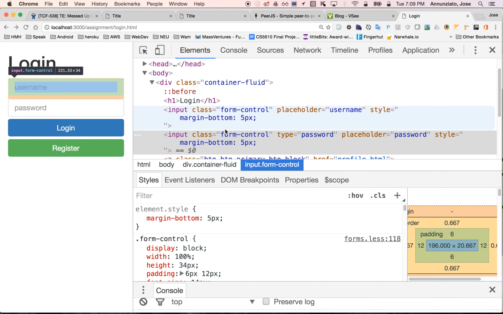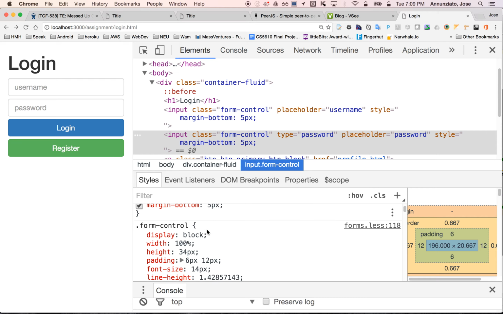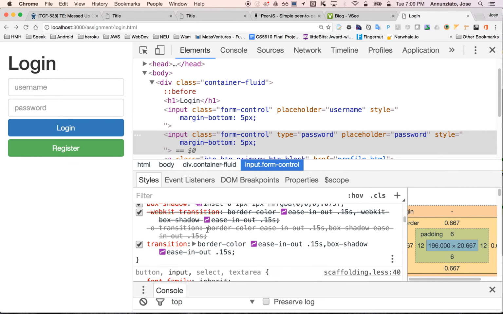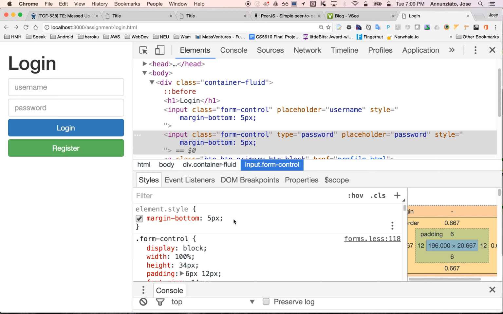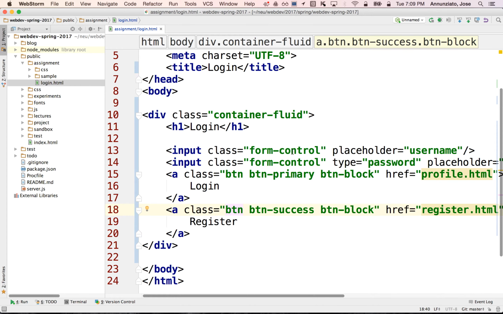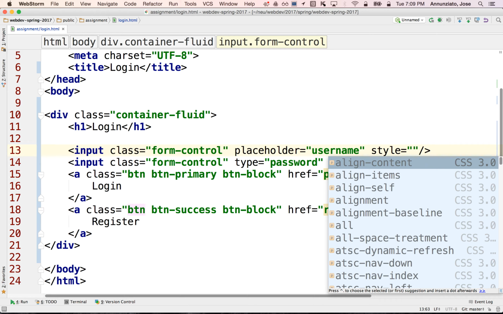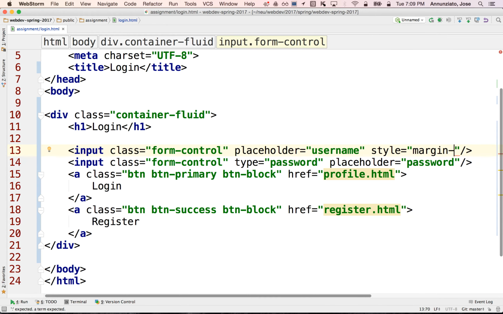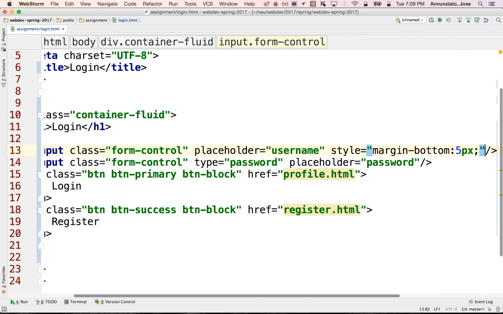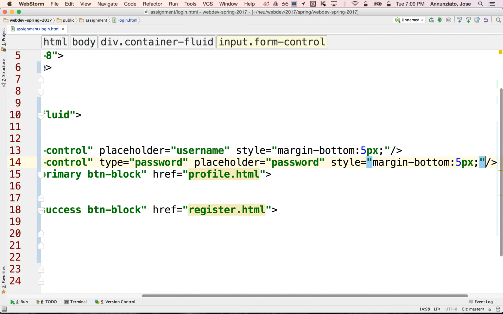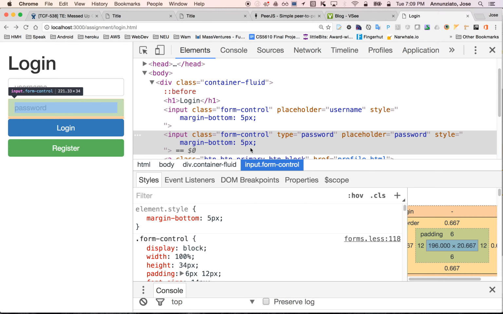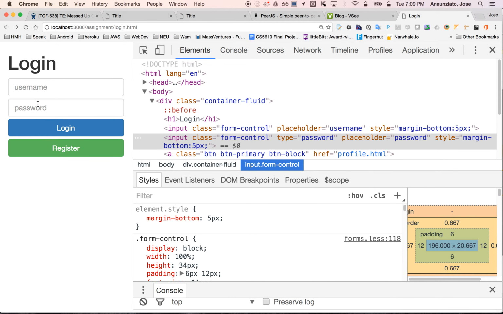And what we could do is take a look at this. We would like to apply this to all these input fields. So, for instance, it could be applied inline here, but that's typically considered bad practice. But just take a look at it: margin bottom. This is one way that it could be done, although this is not the way we're going to be doing it ultimately. I just wanted to show you that these could be applied directly on the elements using the style attribute. So if I refresh the page, notice that we've made those changes